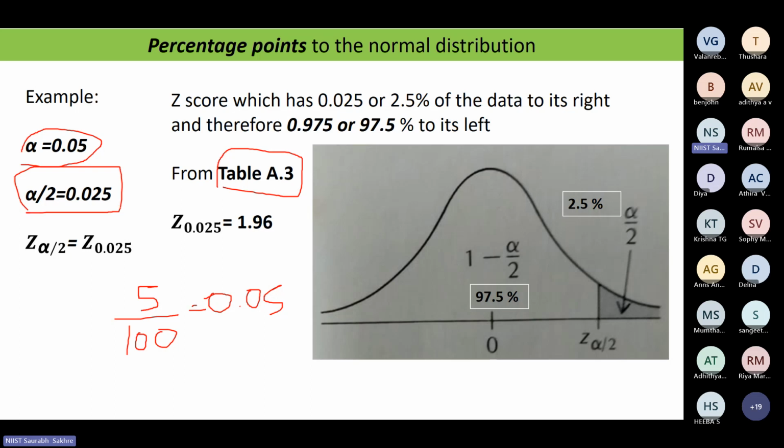So in this case, how will I write it? What will be the denotation? Z subscript alpha by 2. My alpha by 2 was 0.025. So I will replace alpha by 2 with 0.025. Z 0.025, and in this case we found it as 1.96. So Z 0.025 is equal to 1.96. Okay, I hope up to this point it is clear to you. I am not doing anything else right now here. I will come to it in a subsequent slide. So when I am taking 2.5% only, naturally the remaining will be 97.5%.